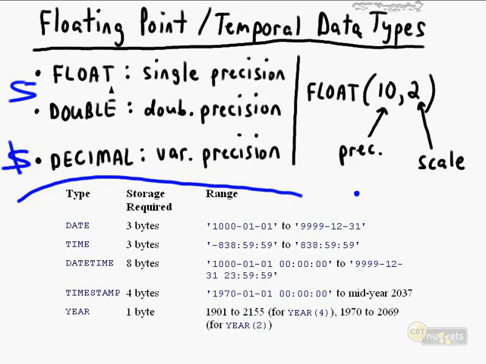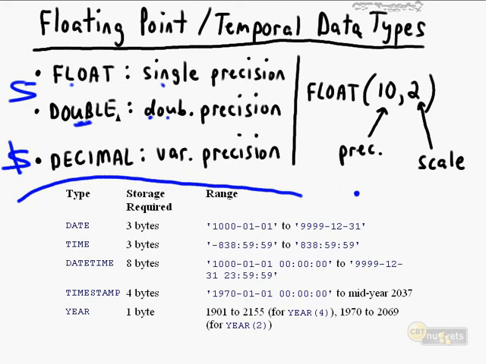Now, in the literature, you'll see float and double. Float is referred to as single precision. Double is double precision. Does that mean that double gives you double the amount of accuracy? Not exactly. Don't worry about single precision and double precision. This actually deals with computer science nerd stuff, that both of these data types tie in really tightly with your computer's CPU and its floating point processor and so on. Actually, double does go to a greater depth of precision. It can go out farther to the right of the decimal point,